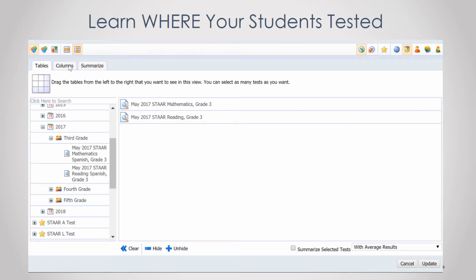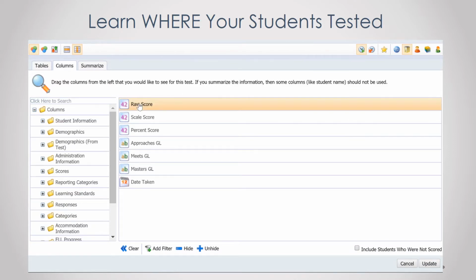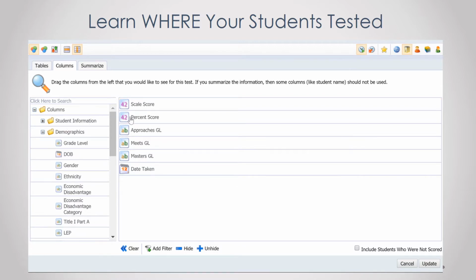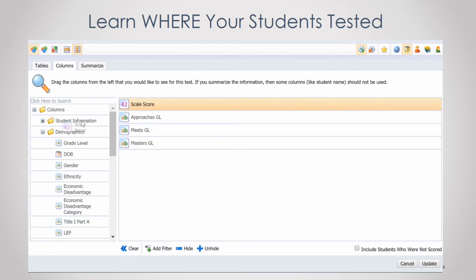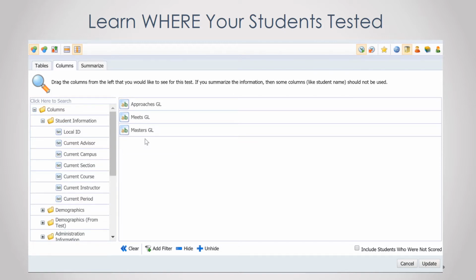On the columns tab, I'm going to drag off whatever I don't feel is appropriate or important for this particular report. And since my goal is to just find out where this child tested and how they tested, I could pull off scale score, I could pull off meets, masters, etc. I'm going to just leave the approaches, meets, and masters,